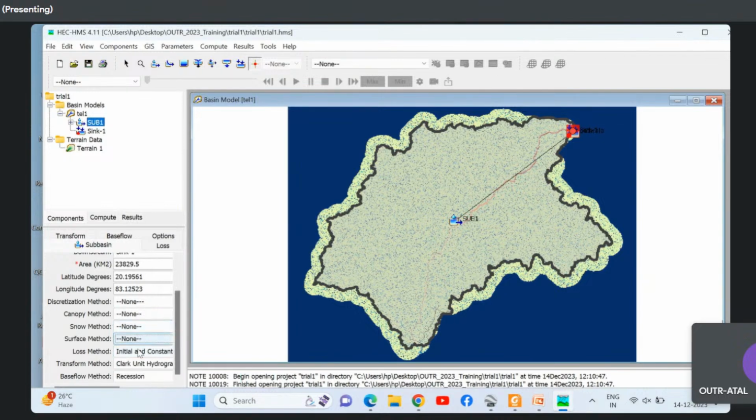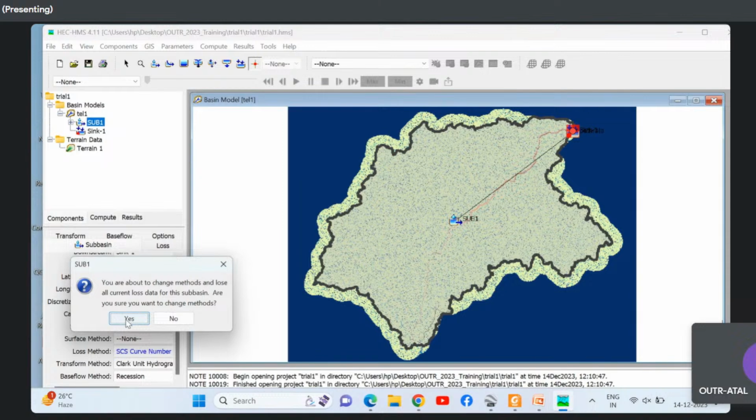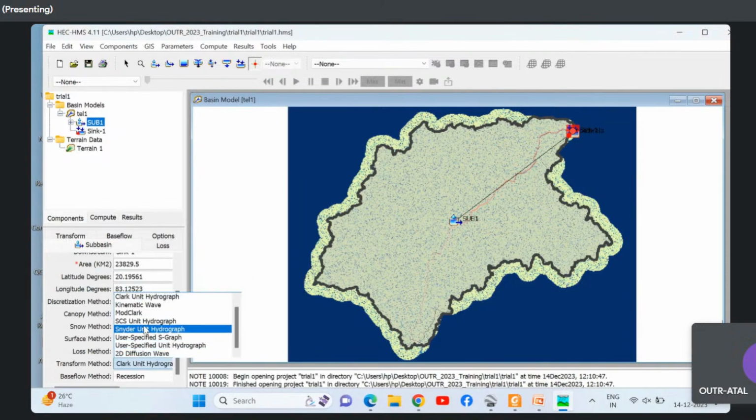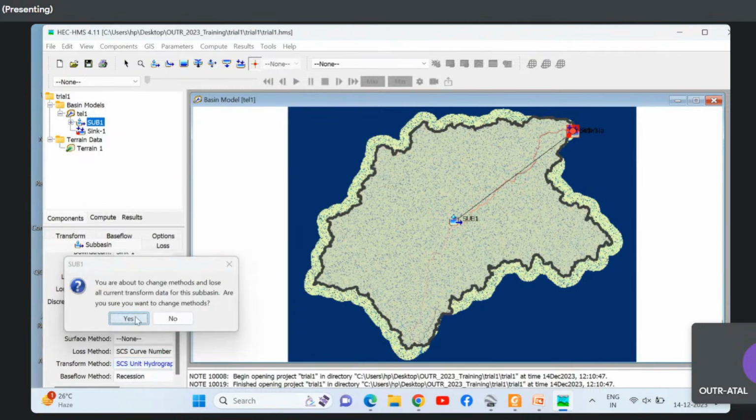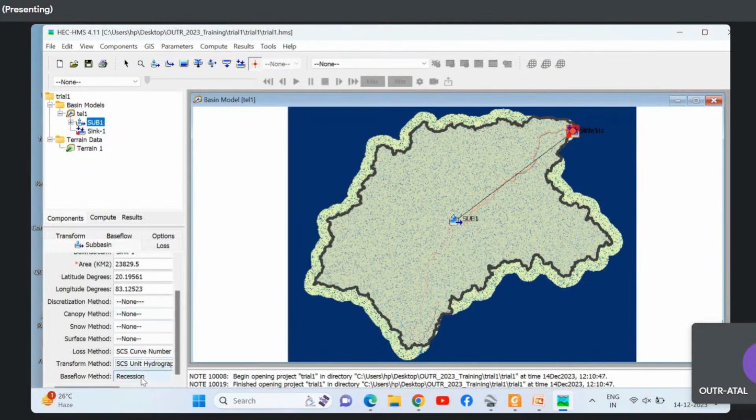I will choose my method as a loss method and SCS curve number methods, okay. Then SCS unit hydrograph methods I will choose for transform methods. There are always, you read in hydrology, there are two components, what are they: storage components and